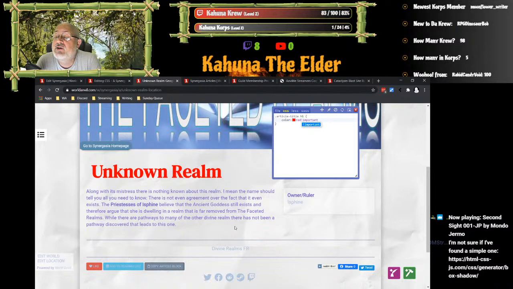What I tend to do, I'm not sure if I found a simple one. CSS generator box shadow. Yes. So out on the web, there are ways to create pieces of stuff.